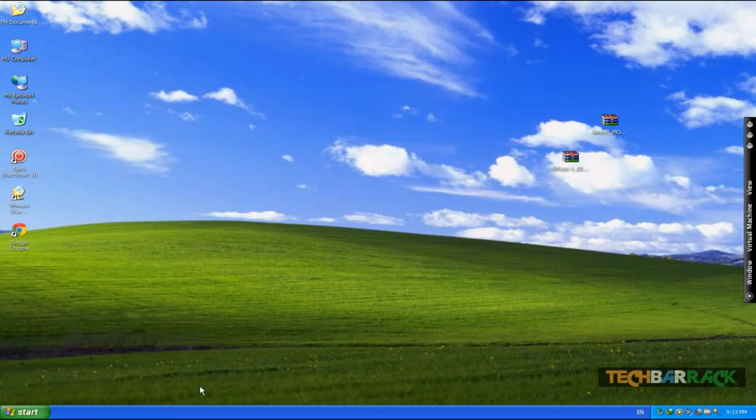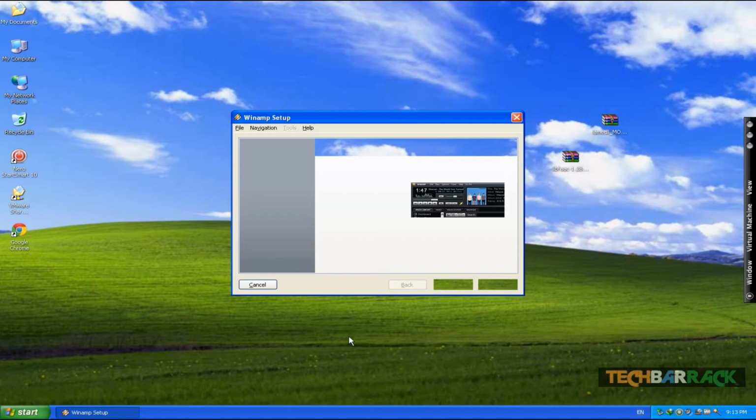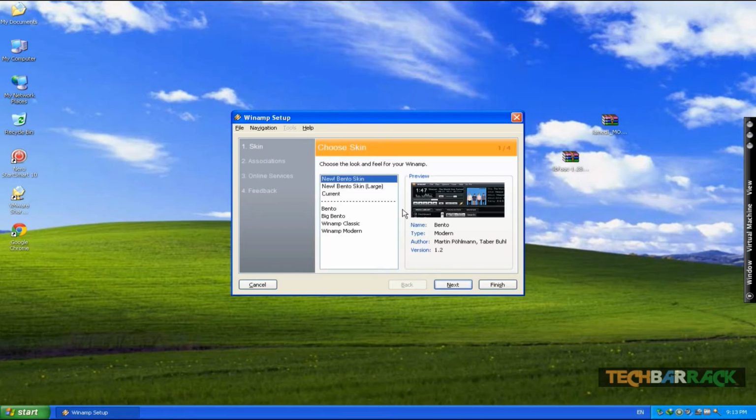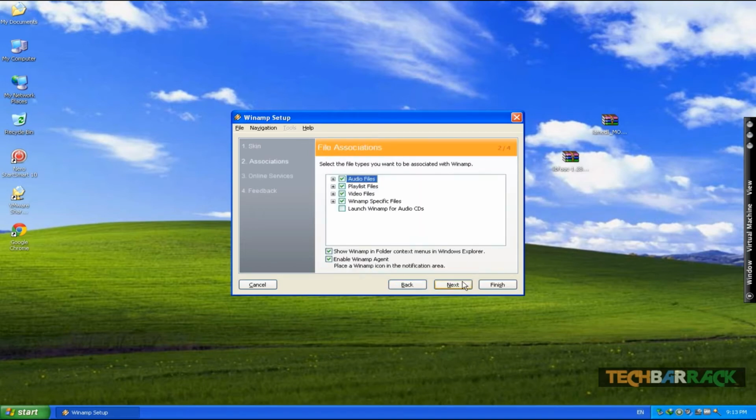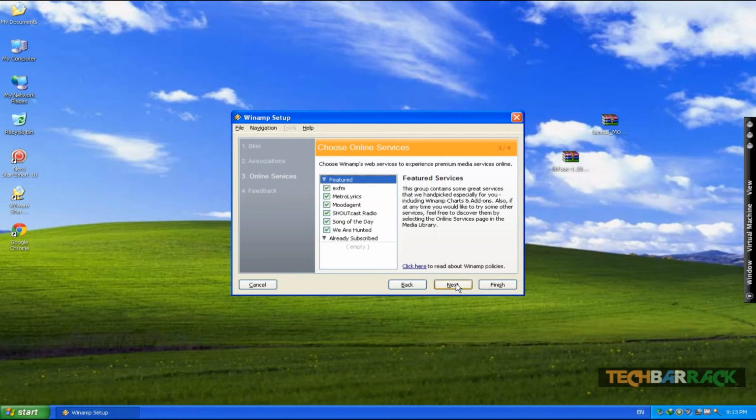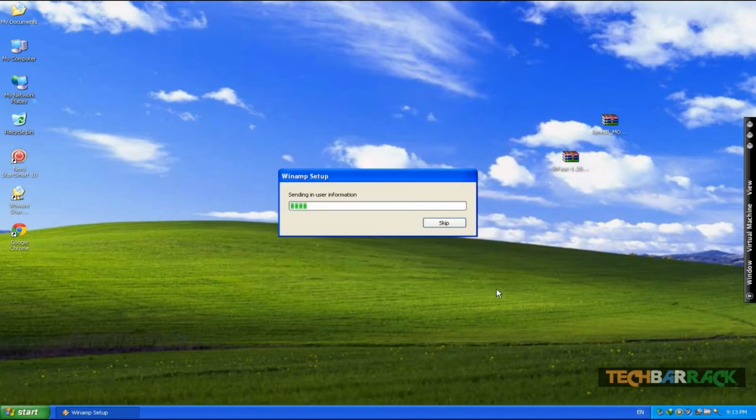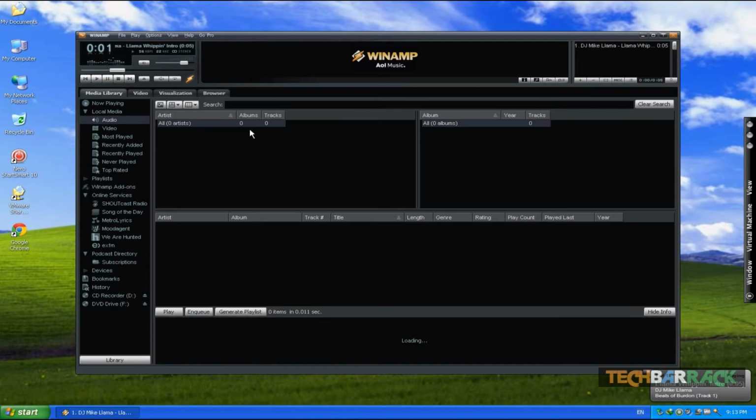Just open up Winamp. You can have the new bento skin or whatever. Just select the skin that you want and select the preferences that you want, and just select the preferences once again. Click on finish. If you want to register, just register. I didn't register, so just wait for Winamp to start up,